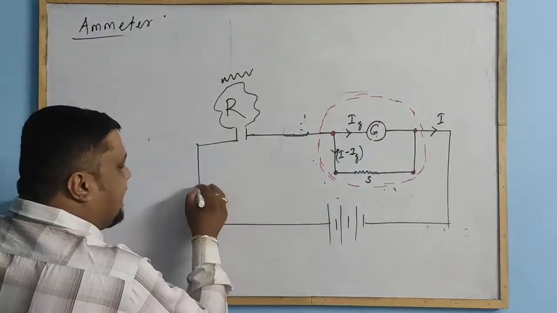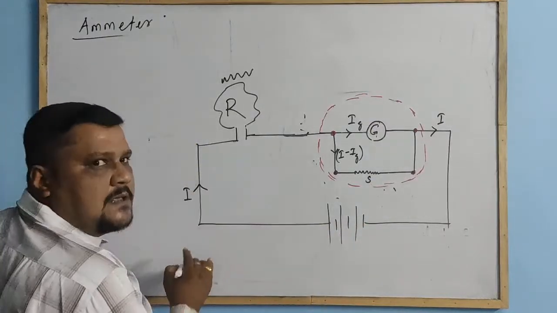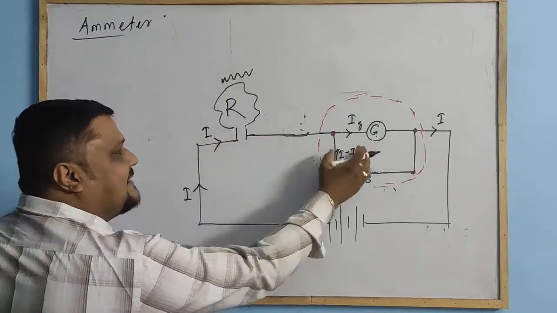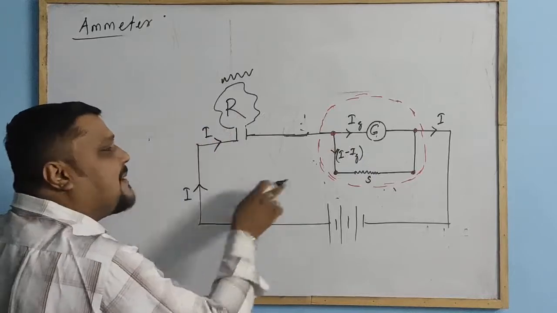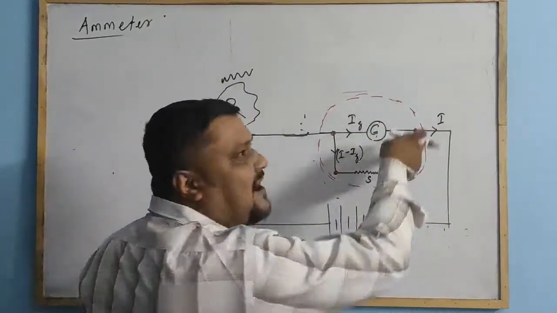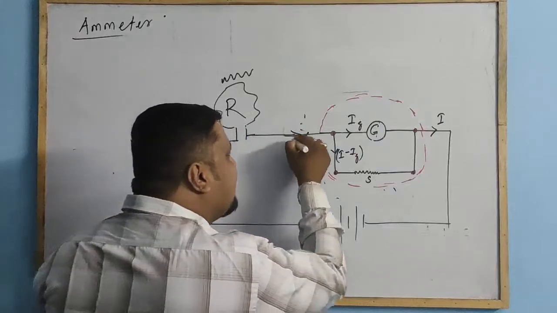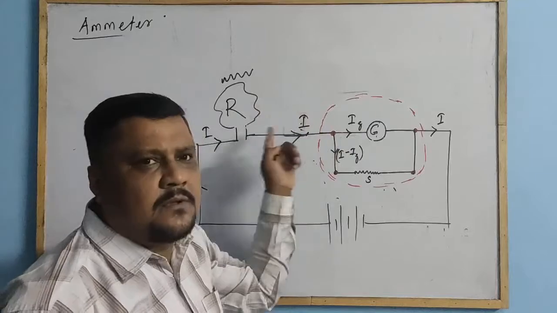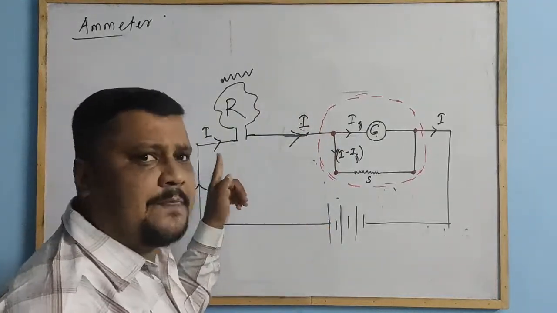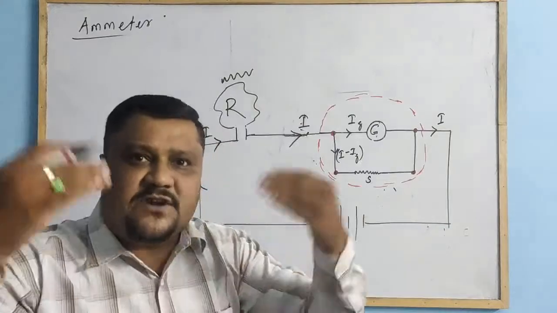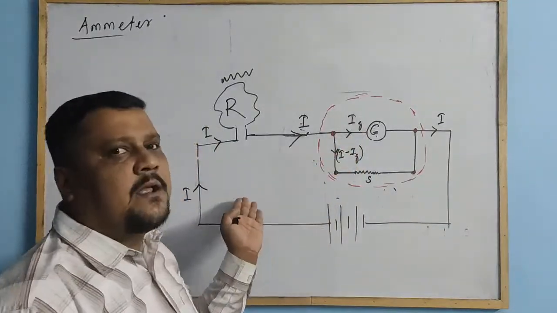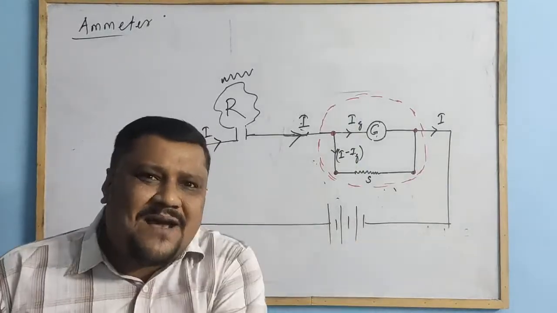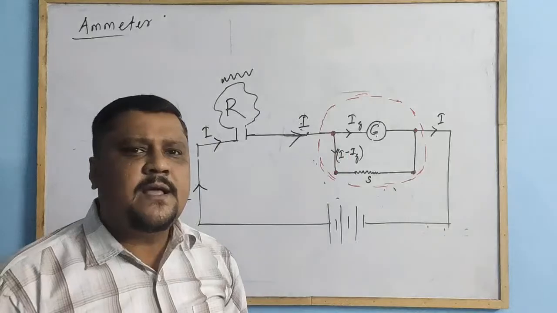So in the circuit, this should always be connected in series. Why? Let us see. Let current I come here. Then what current flows through this one? I. If the ammeter is connected in parallel, would the current I pass through it? It is used to measure the current. Which current? I. So the same current should enter both. The current in the circuit should be in the ammeter so that it will measure the current. If it is connected in parallel, then only a small current will come. Some portion of the current will go to this part and some part to that part. So it should not be used in parallel.